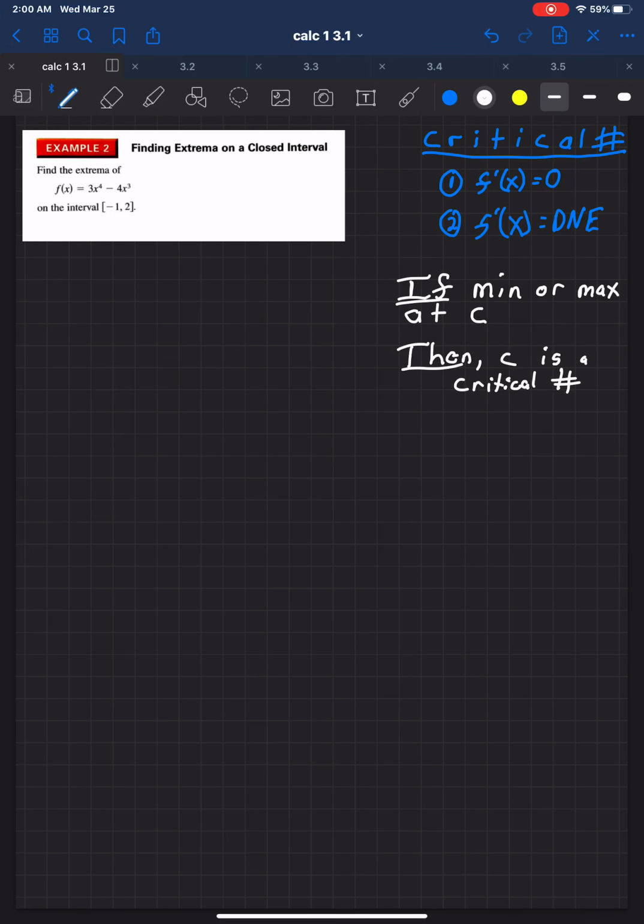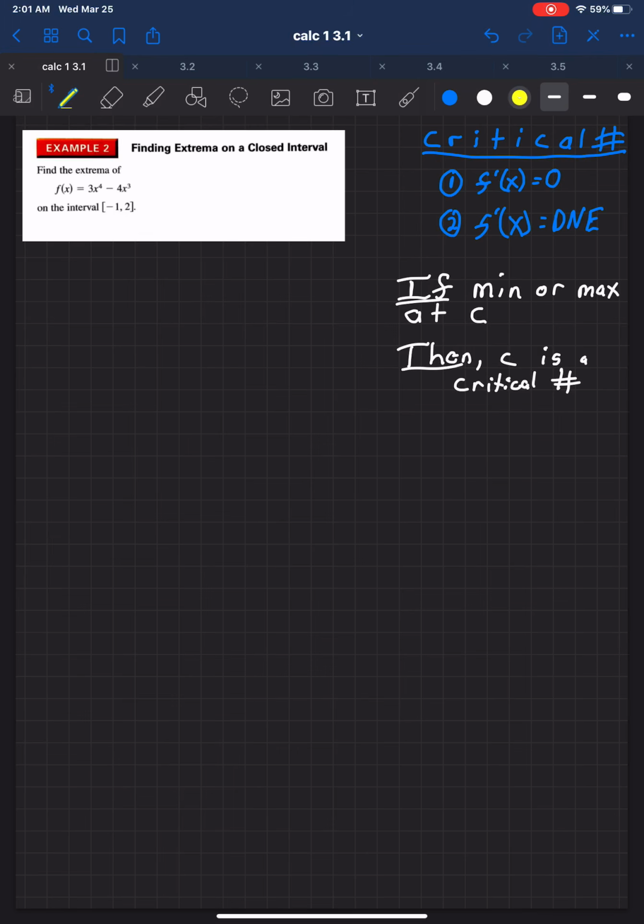If you want to find mins and maxes, then the game is going to be as follows. You're going to take a derivative, and you're going to figure out where the derivative is equal to 0 or where the derivative does not exist. And then we're going to use that information, as well as, in this case, the starting point and the stopping point. We're going to use these little pieces of information to find the minimums and the maximums. Ready? No more theory. Let's jump in.